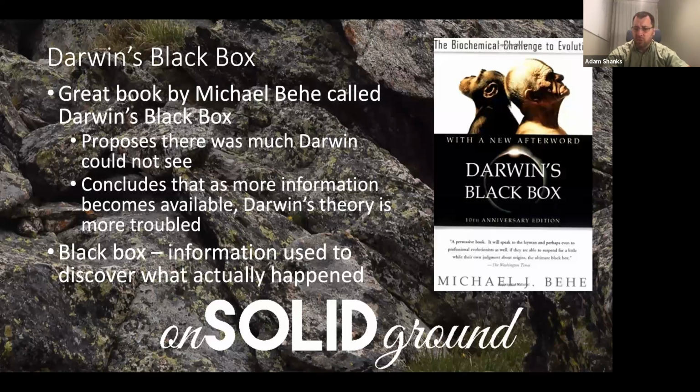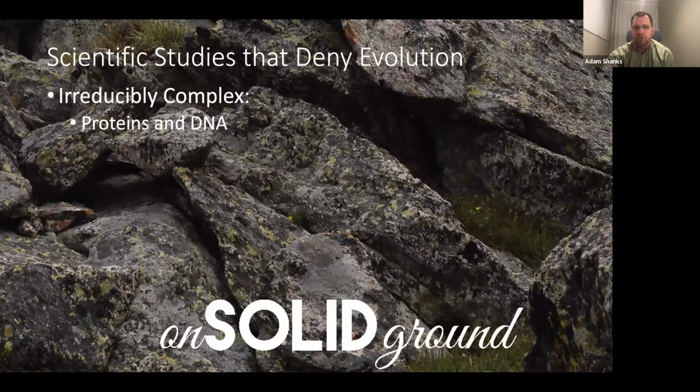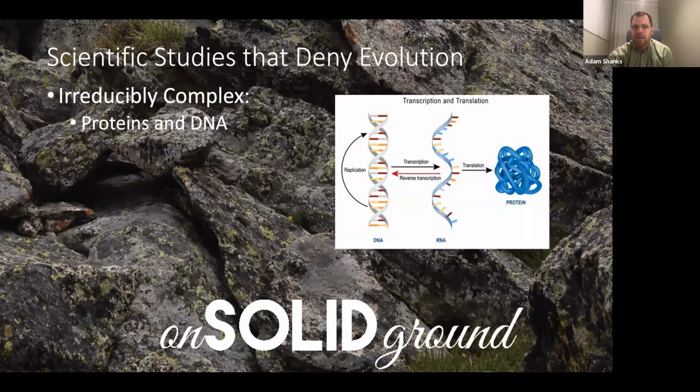And Michael Behe is a proponent that if Darwin had lived today with the information and the technology that we have today, he himself would reject his own theory. Because he is not an intellectually dishonest man, at least at the writing of The Origin of the Species. He was somebody who was concerned about finding answers and coming up with possible answers. Some of the black box issues, the things that Darwin couldn't see, would be things like I mentioned in the next several slides, which is proteins versus DNA.